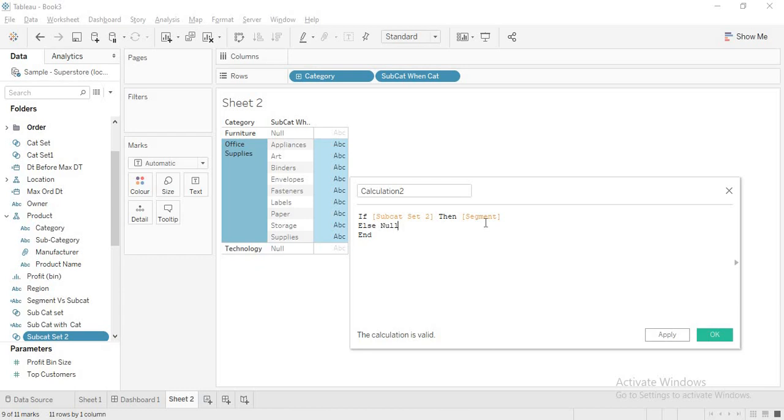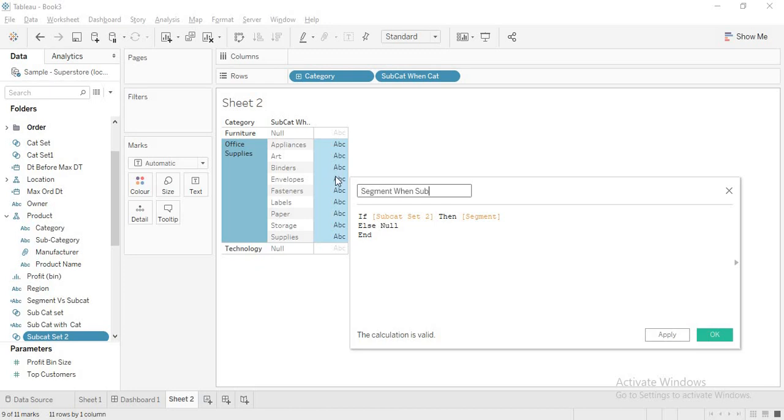But here we have a problem, because already whatever subcategory we are getting, the values in these are defined by category, right? When we select a category, we are getting subcategory values. Now using only this will actually give you some issues. I just want to show you that first.